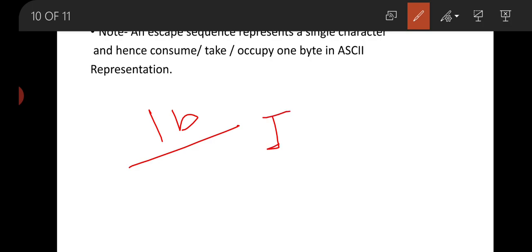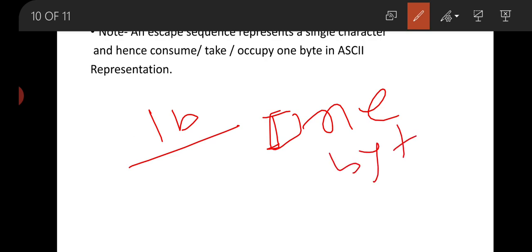This takes 1 byte, because \b, both combined, is an escape sequence. Both used together represent an escape sequence, and any escape sequence consumes 1 byte in ASCII representation.